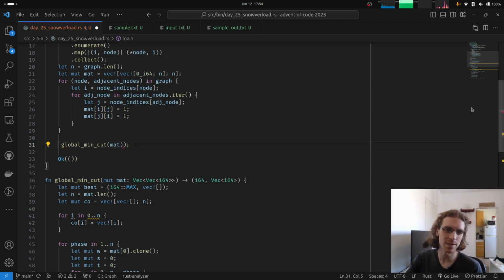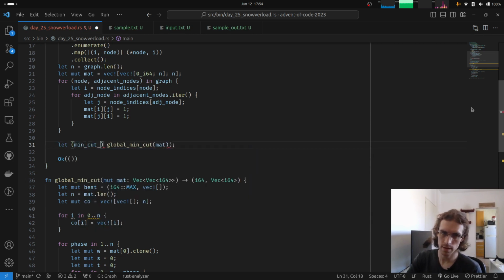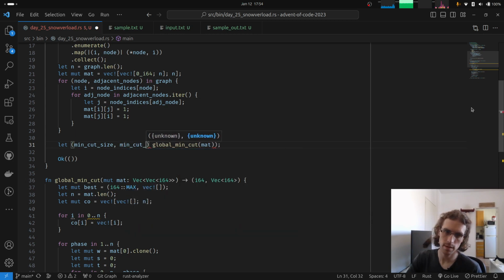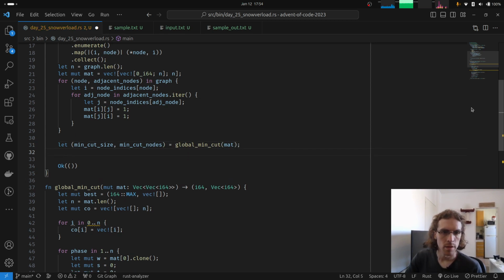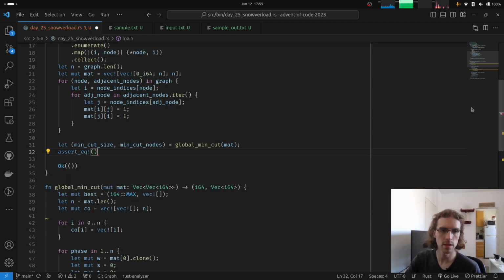So we can actually let's get the min cut size and min cut nodes be this thing, and we can just assert EQ